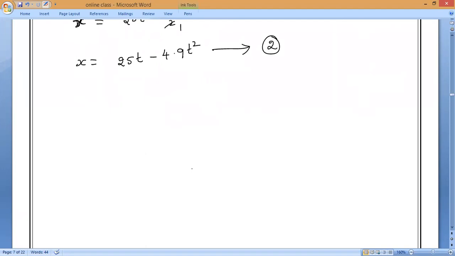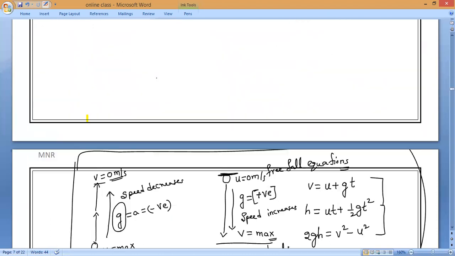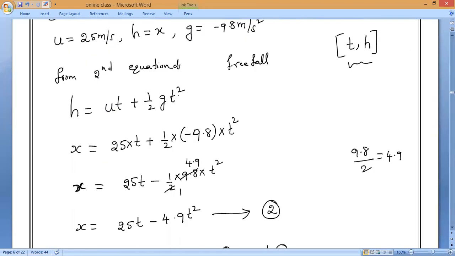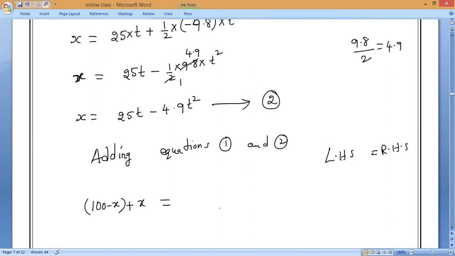Now, add equations 1 and 2. Please, everybody, adding, that is what we have to do. Adding means what? LHS we have to add together and RHS we have to add together. What is LHS in equation 1? 100 minus x. Is it yes, guys? Please respond. Minus x plus x is equal to